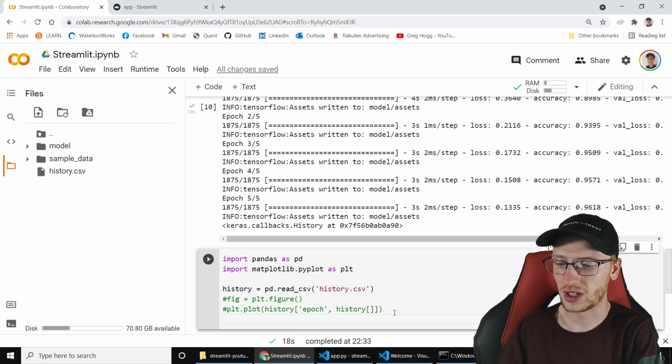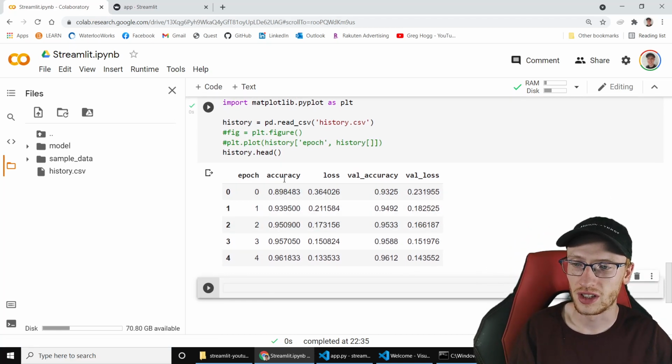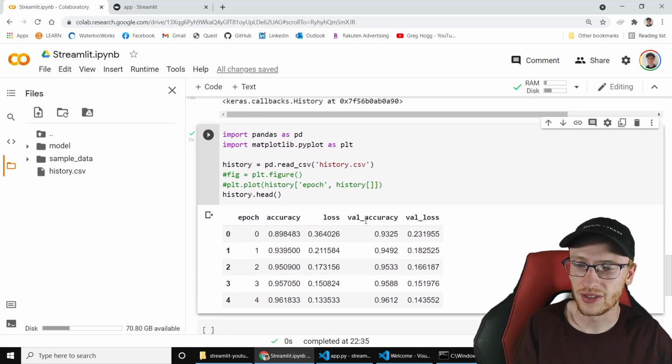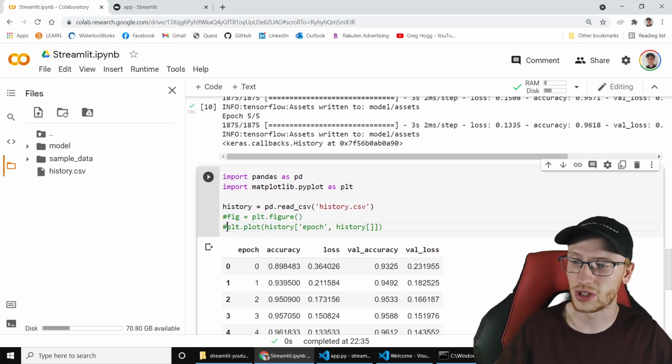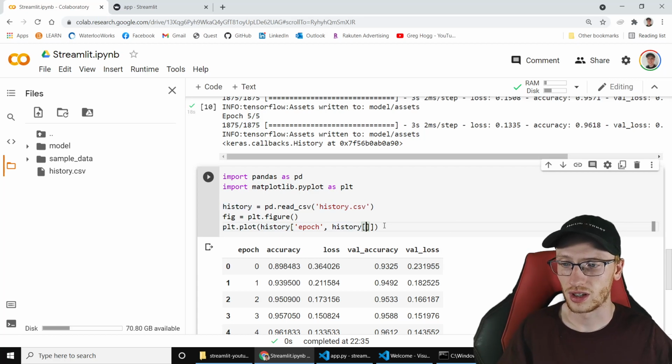If we output just history.head right now, we will see that we have a table where we have the epochs, the accuracy, which is the training accuracy, the loss, which is the training loss, the val accuracy, and the validation loss. Okay, so I'll get rid of that as we don't really need it, but just to make sure it loaded properly, that's good. So we'll carry on with making our figure, and we'll do plt.plot with epoch,